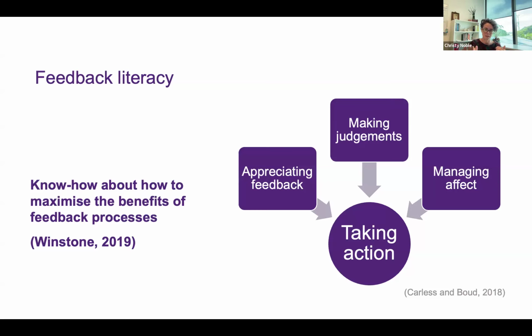They're developing the skills in making judgments about the information they're receiving and judging their own work, and they're managing their emotions. The synthesis of those three means that they can take action and improve. In simpler terms, it just means that you have the know-how in terms of maximizing the benefits of the feedback process.